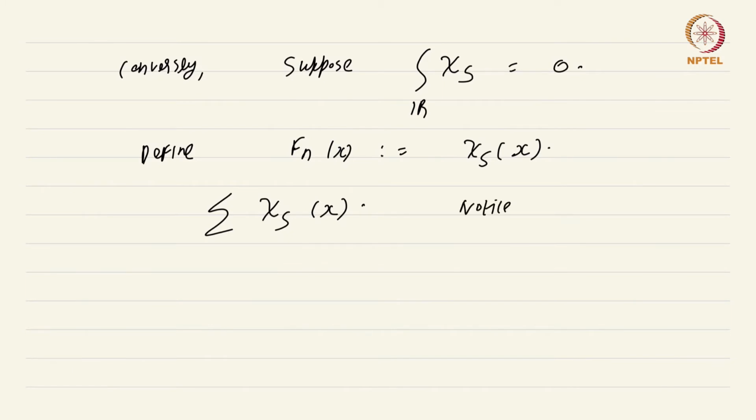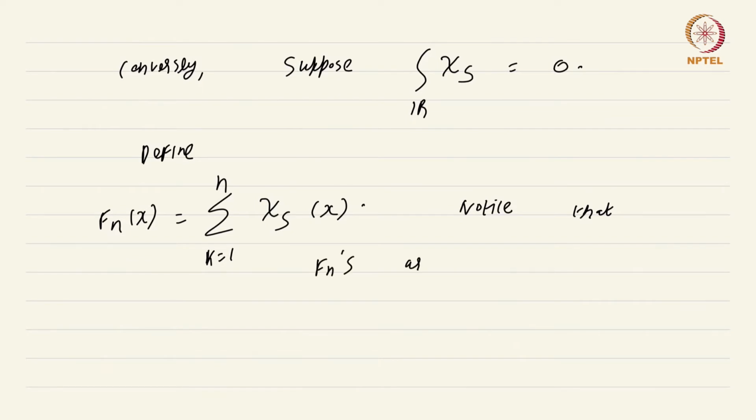Now notice that if you call this S, what you do is, instead of defining Fn to be chi-S, define Fn of x to be the summation k equals 1 to n of chi-S. Okay. Now notice that the Fn's are non-negative,